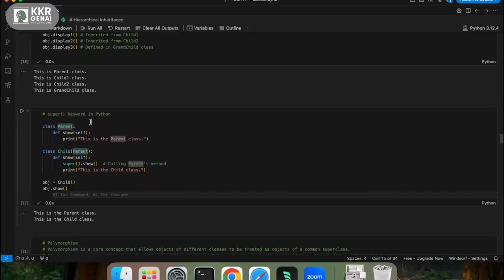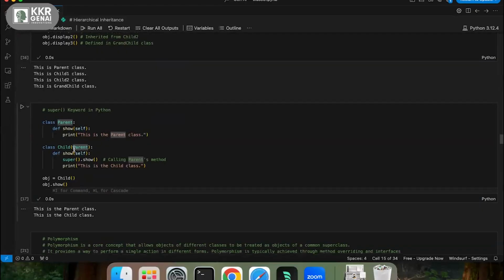And then what is the purpose of the super keyword? The self keyword is used to access the current object values, and the super keyword, let's say if I want to access, see here, you have two methods. One is the show method, and the child is also having a show method. What happens here is method overriding. Method overriding is, if the parent has a method and the child has the same method, the parent method will be overridden with the child method.